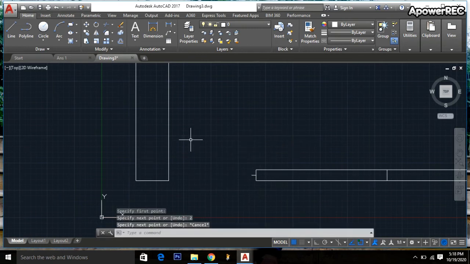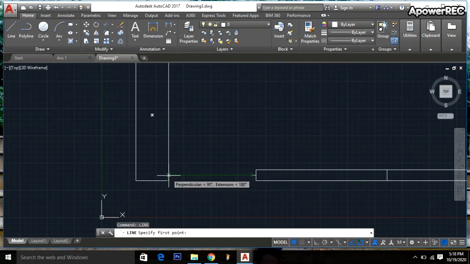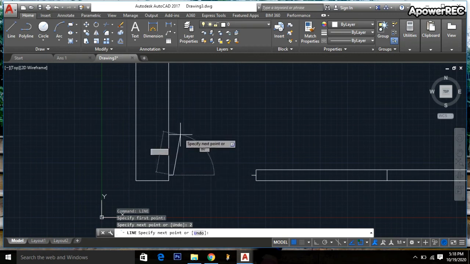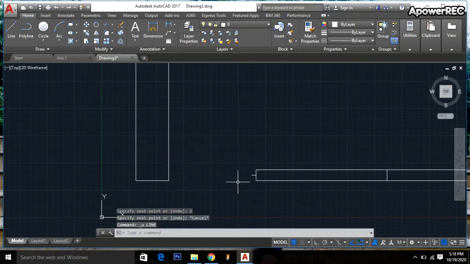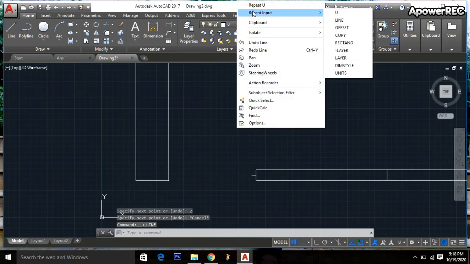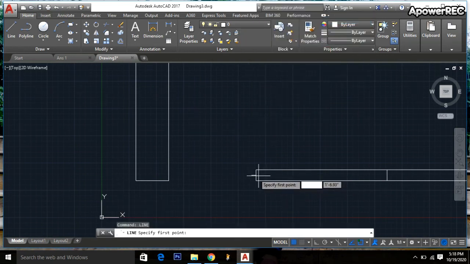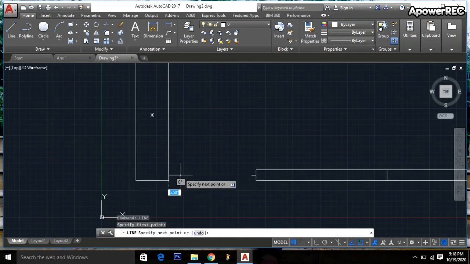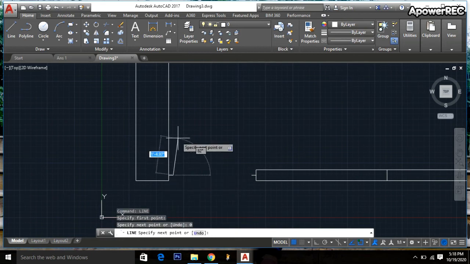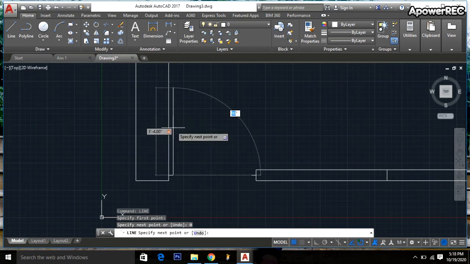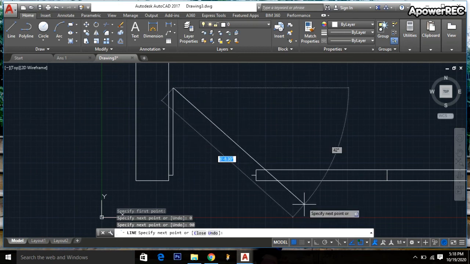Then escape, again right button click, line command, and from here it will also be 2 inch, enter. Ctrl Z, again right button, line command, from here it will be 2 inch, tab 0 degree, enter. I am going here 40, tab 90 degree, enter. Okay, escape.